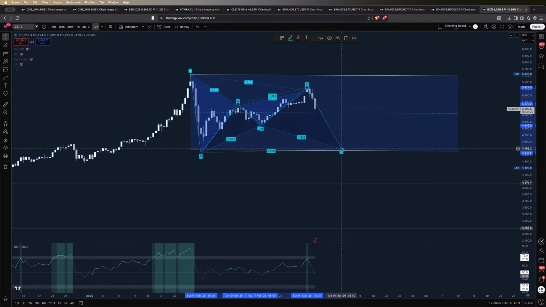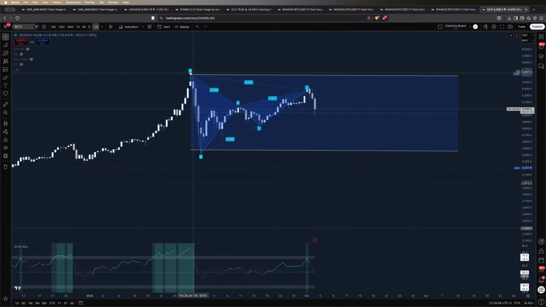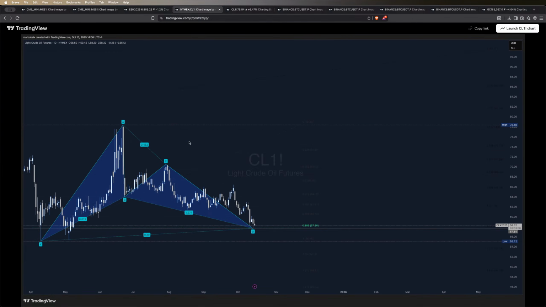There is much work to be done here on gold, but we're observing some exhaustion levels at the highs of 5,600, okay? Now, to finalize the stream, I want to mention that moving back into the crude here, we have indeed this chart from October 15, 2025, as we're presenting a potential top